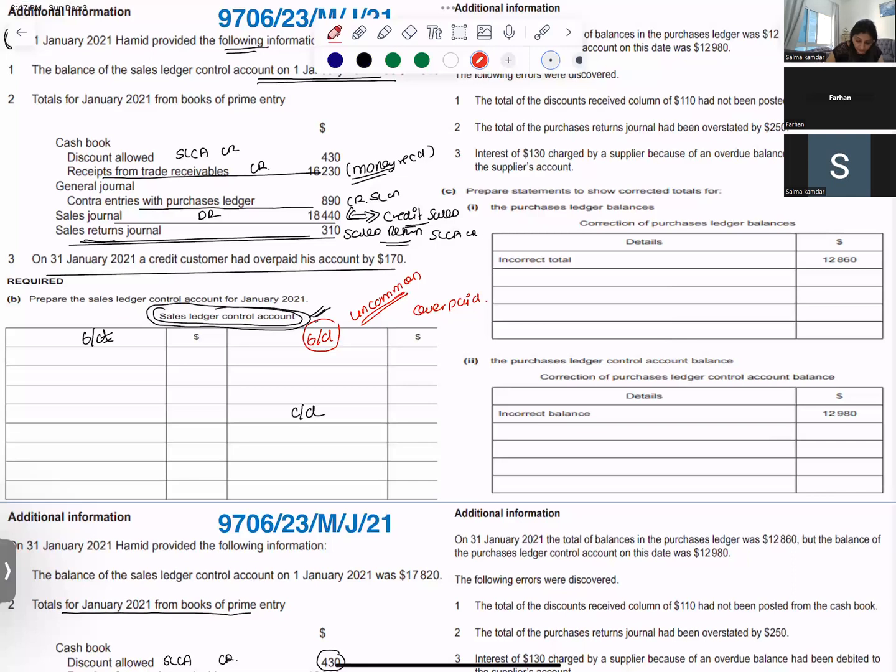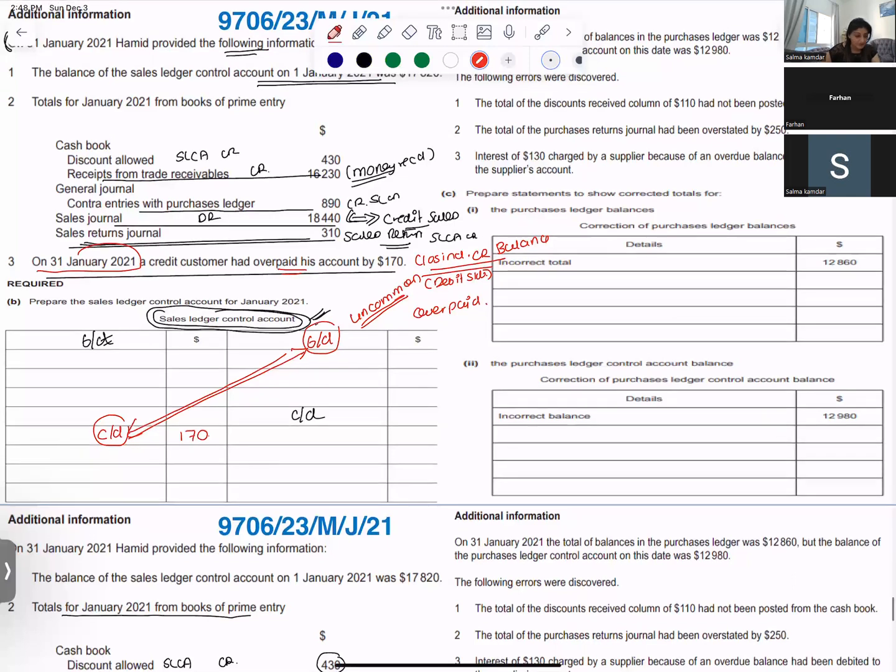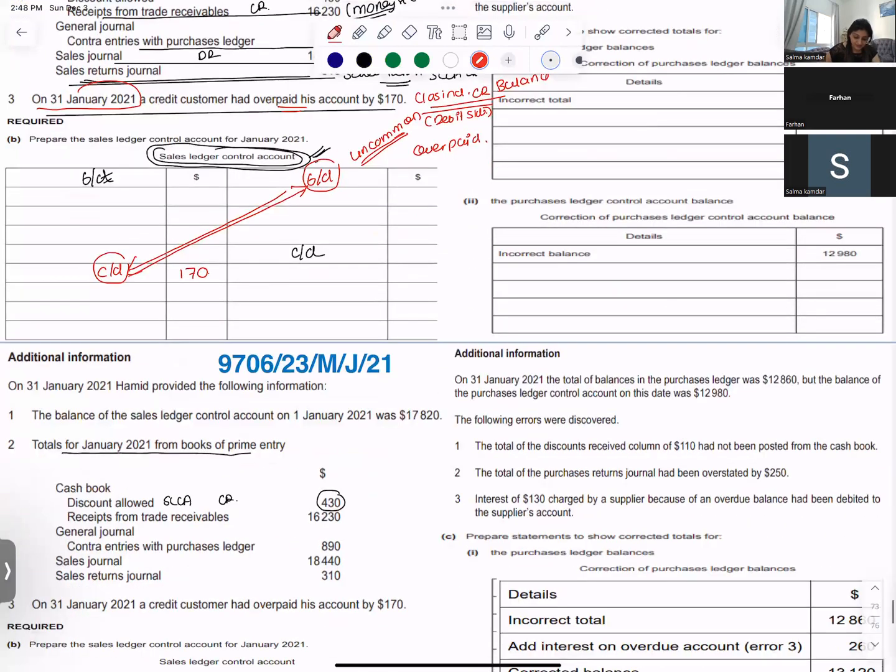So here they are telling us that on the last date, a credit customer overpaid. So are they giving us the closing balance? Yes, they are indirectly giving us the closing balance. Closing credit balance. And the closing credit balance will appear on which side? Debit side. So the closing credit balance will appear on the debit side, 170. So they are basically giving us the closing balance,